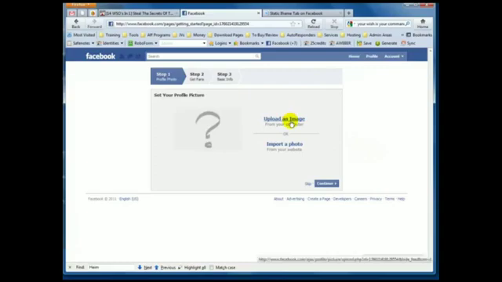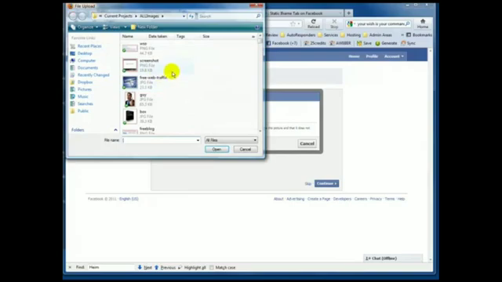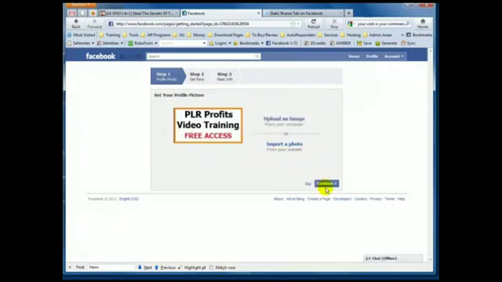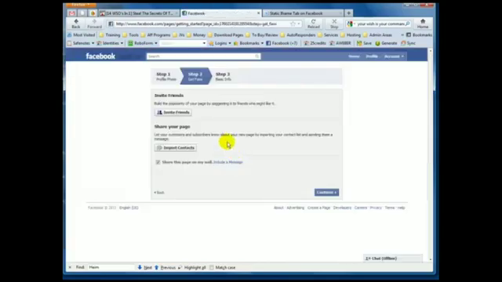and now we're going to upload an image as your first thing to do. So I'm going to browse and I'm going to find a quick image. Alright, then I'm going to hit continue. For the get fans step, you can invite friends or import contacts, or you can skip this. For now we're going to skip this because that's some basic stuff, but if you're getting started and you know you're going to do this pretty quickly, you can go ahead and do that at that point. We're going to hit continue,